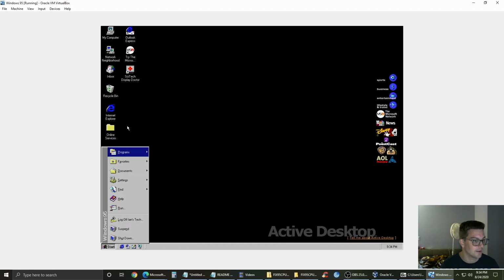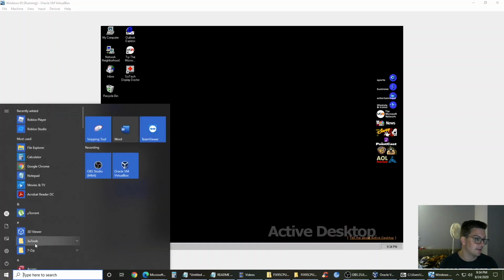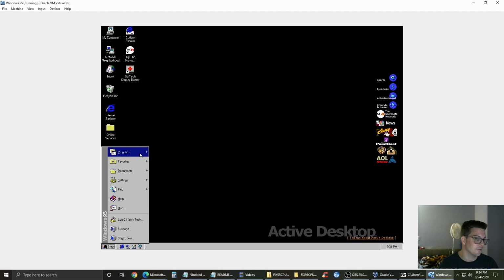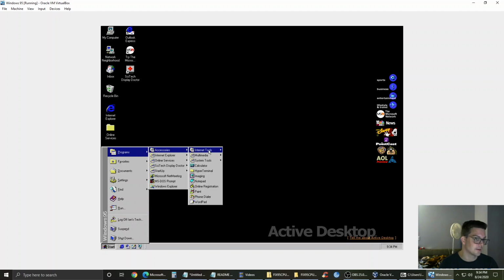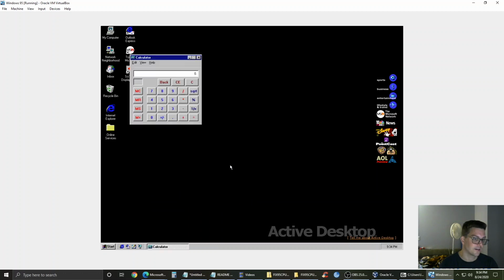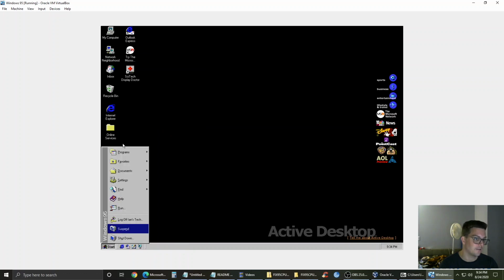Let's see what came with it. So we've got our old style start menu, which, as you can see, we still, in 2020, have a start menu. It's a little different, but still pretty cool. We have our programs, so under accessories, internet tools, we got Internet Explorer. We have active movie control, CD player, media player, sound recorder, volume control. We have our disk defragmenter, our scan disk, our calculator. Yeah, our old style calculator there. We have